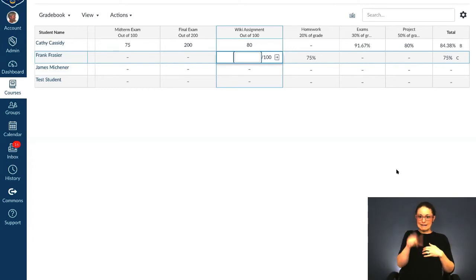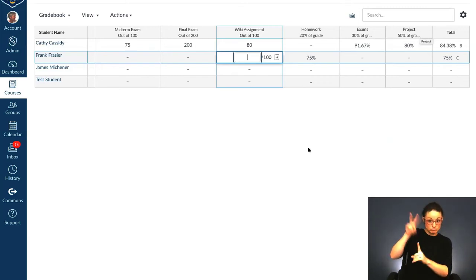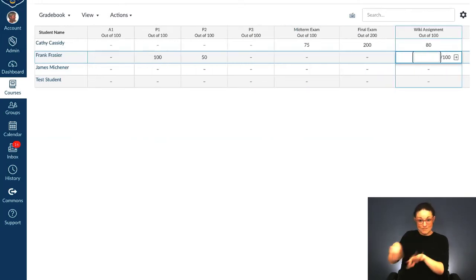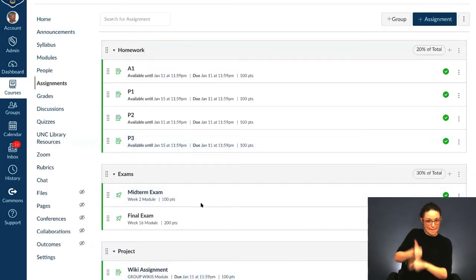All right, so you will need to play with this a little bit to get used to it, but know that if you set it up, Canvas is going to take care of these calculations for you. And I have been working with this for years, and I can assure you that you can count on it. Okay, but you do have to create it. You have to assign the point value, or the weight rather, and then you have to make sure that the assignments are in the correct places